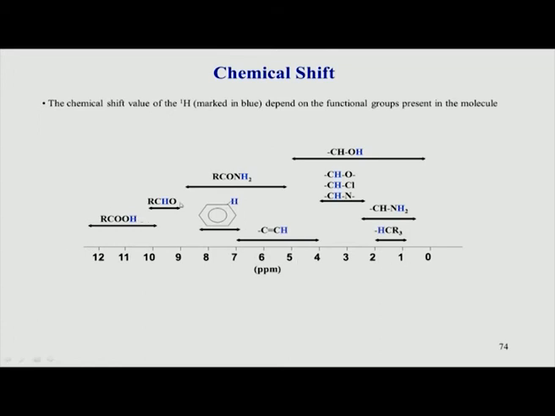You can see here that different compounds and functional groups are shown. For example, hydrogens in the amide region typically come between 6 to 8 ppm. The aldehydes come very much downfield, and the aromatics come somewhere between 7 to 8. What we are looking at, you have to keep your eyes on this proton here, the one shown in blue color. We are looking at the chemical shift of this proton. Those which are attached to chlorine, nitrogen or oxygen come here.